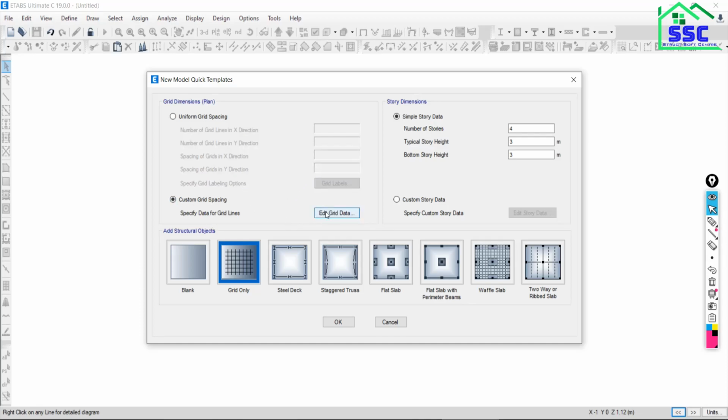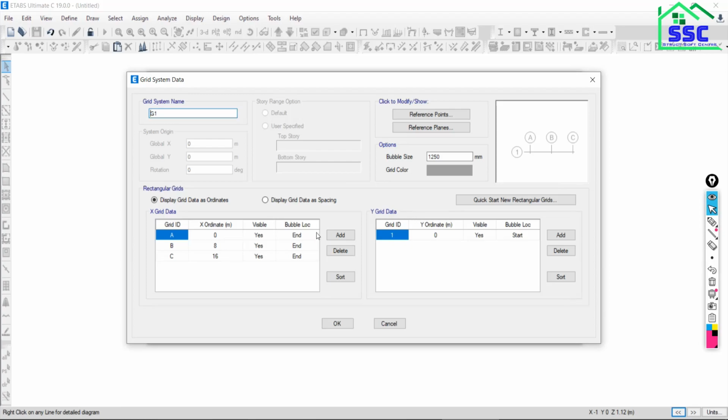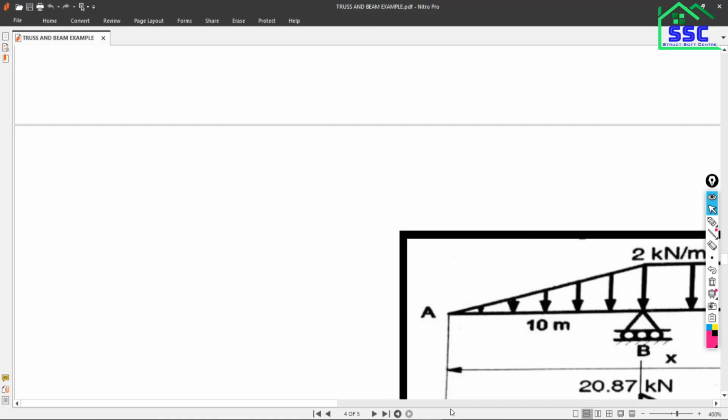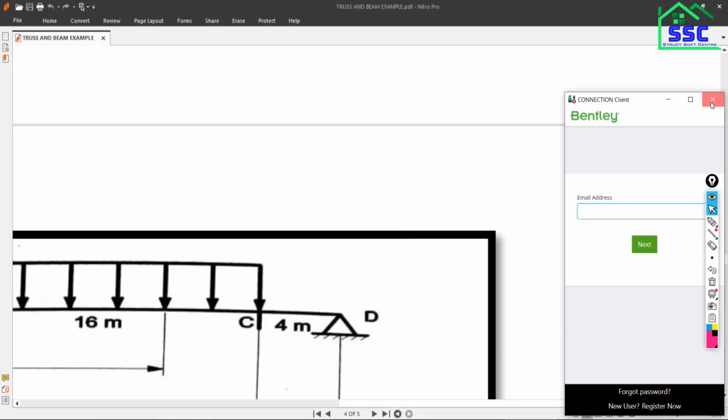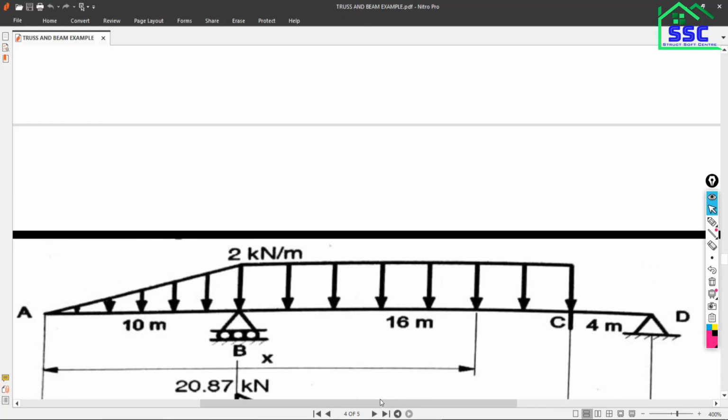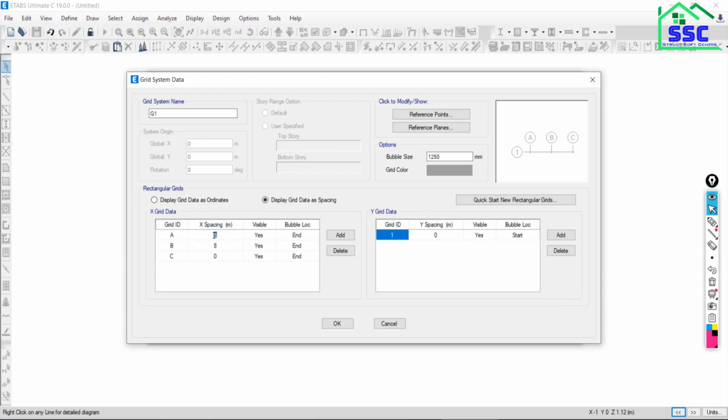Go to custom, go to edit. Go with the display grid data as spacing. So first grid at a spacing of what? 10. Yeah, so it is 10. So go back and put the number as 10.